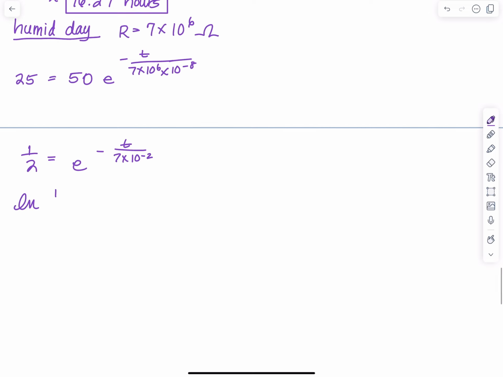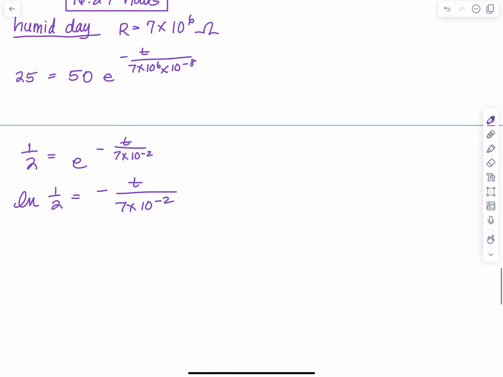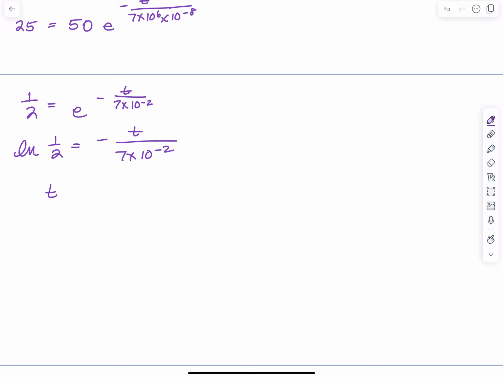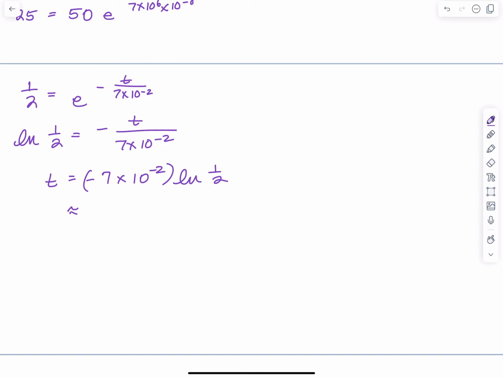We have the natural log of 1/2. Continuing in that same fashion, I came up with t to be equal to negative 7 times 10 to the negative 2nd power multiplied by the natural log of 1/2, and that's approximately 0.0485